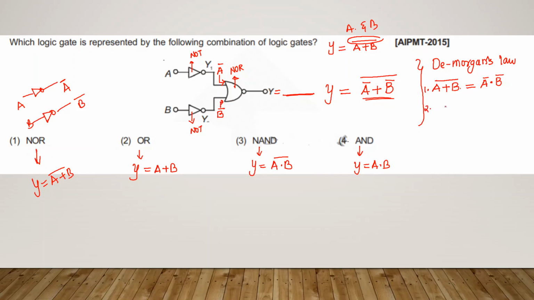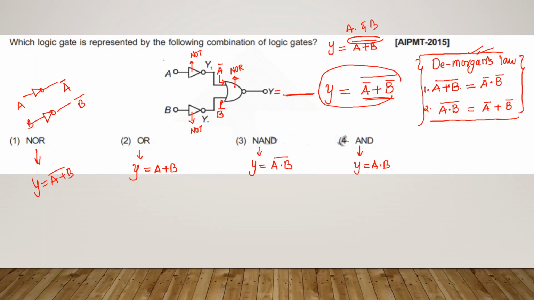Second De Morgan's law, what does it say? Complement of the product of two inputs can be written as the sum of the complements of the individual inputs. So please try to remember this or write it down somewhere, because sometimes they will be giving this type of question. See here, now we got the output like this, but none of the options matches. Now we should use De Morgan's law.